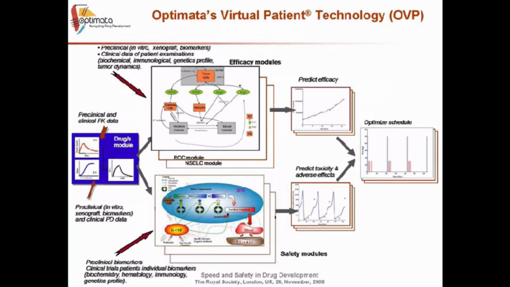By the same token, for the toxicity models, we do just the same. And here is a granulopoiesis model for neutropenia toxicity, where we model the process from stem cells through the different bone marrow compartments through blood. And importantly, the important feedback molecule in this process is GCSF, and we model its interaction with the different levels